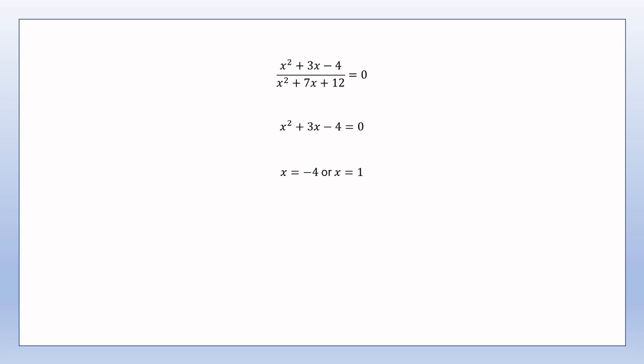set out to solve. It turns out that if x equals minus 4, then x squared plus 7x plus 12 equals 0. In other words, the denominator of the original equation is equal to 0 for this value of x. And in other words, although x equals minus 4 is the solution of the quadratic equation x squared plus 3x minus 4 equals 0, it's not a solution of x squared plus 3x minus 4 over x squared plus 7x plus 12 equals 0. And you must always bear in mind that although you can change the form of an